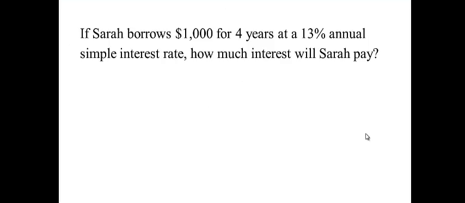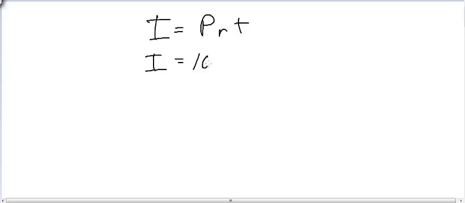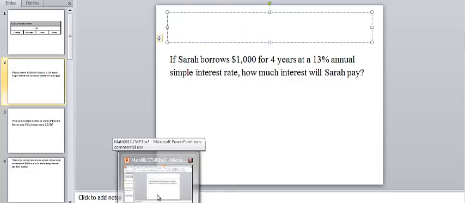Let's look at the question, if Sarah borrows $1,000 for 4 years at 13% annual simple interest rate, how much interest will Sarah pay? To do this problem, we want to look at our simple interest formula. I equals PRT, where I is the interest, what we want, P is the principal, what we start with, R is the rate, and T is time. So using my simple interest formula, I equals PRT,